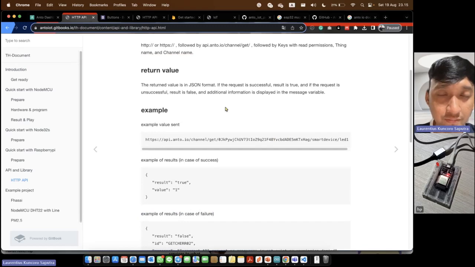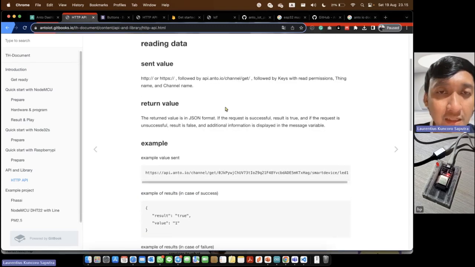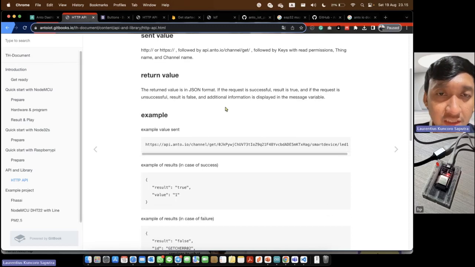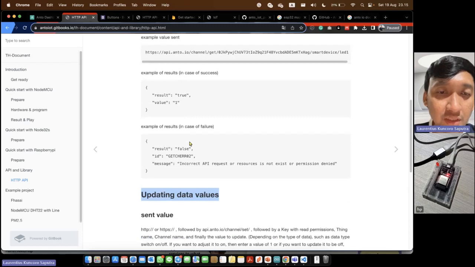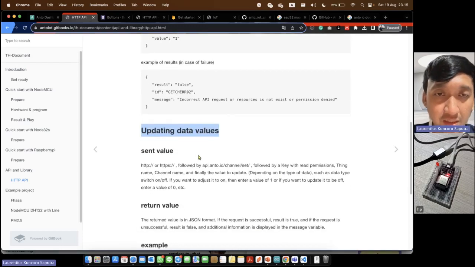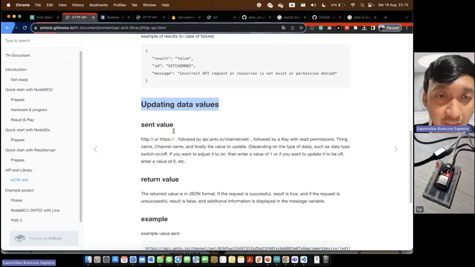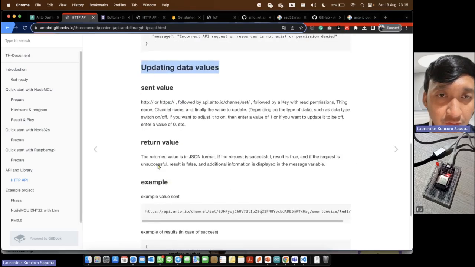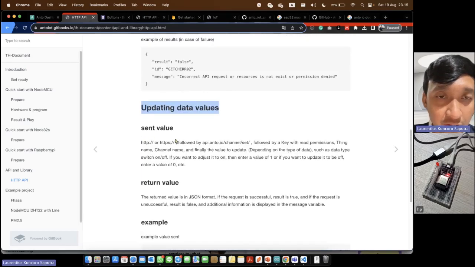Okay, so for the control lab, we should update the data in the Anto IO. So we should use this format. For sending a value to the Anto data, we use HTTP or HTTPS.